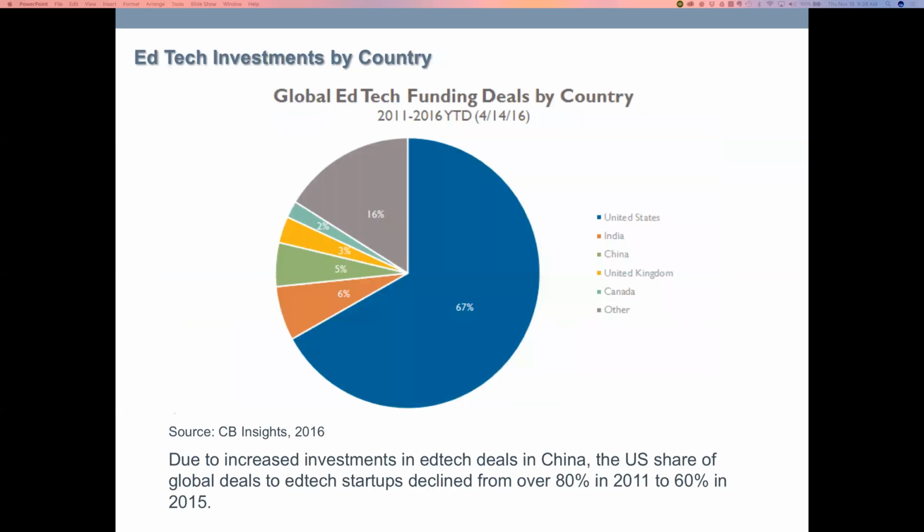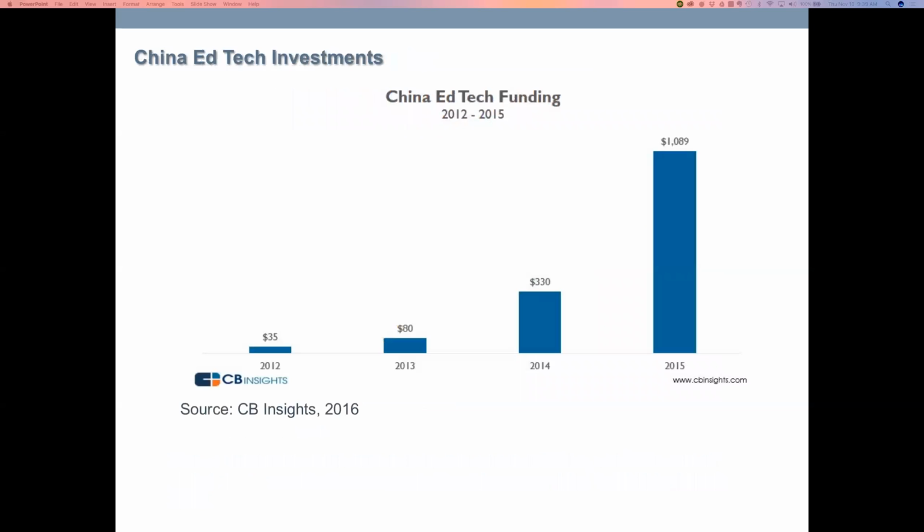If you look at edtech investments by country, the United States is leading the way, 67%. However, due to increased investment in edtech deals in China, the US share of the global deals to edtech startups declined from over 80% in 2011 to 60% in 2015. And if you look at the next slide, it's quite visible that China edtech funding has significantly increased